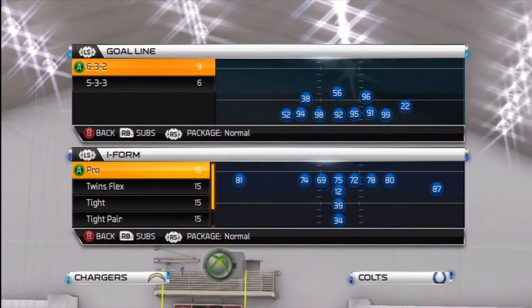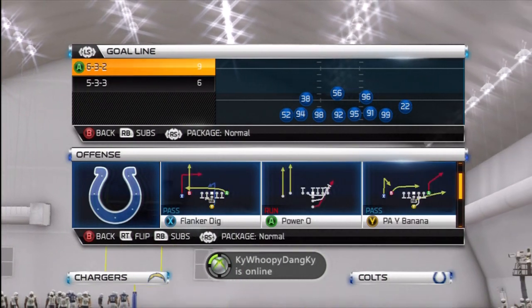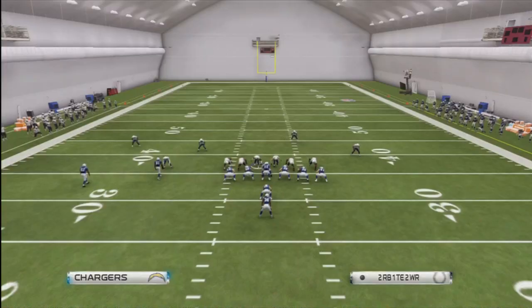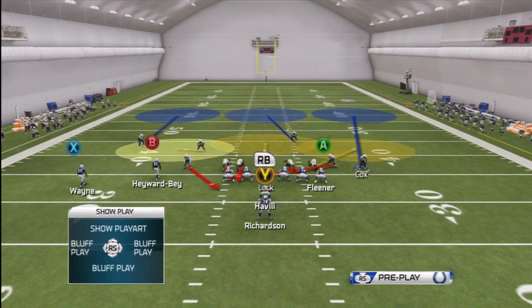So let's go ahead and come out in a formation where our opponents can run the ball. A really popular formation is I-form twins flex this year. And he uses the sugar 3 seam for that as well. So again, man align, shift linebackers to the right. Now what he's going to do is he's going to look and see which side do I think they're running to. If it's the right side, in this case it does